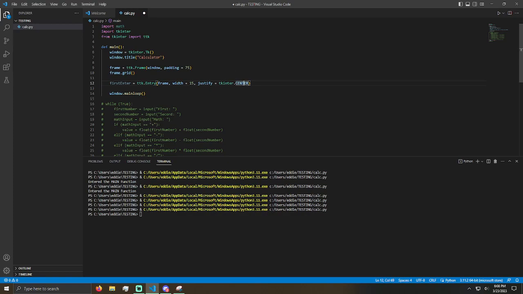You can align it to the center, you can align it to the right, you can align it to the left, but for here we'll just keep it aligned to center. So it's attached to the frame with a 15, keep the text centered. Lovely. Then we don't need to, but we will say first enter,